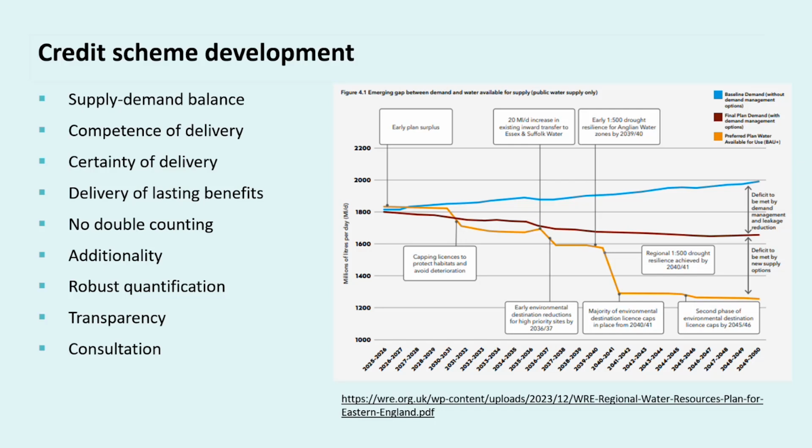And so whether that's a bridging gap until a new reservoir comes online, as is the case in Cambridge, or for the lifetime of the housing development, and that's taken to be 80 to 125 years. The mitigation has got to be real, so it can't be double counted.